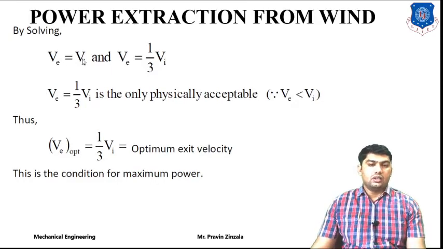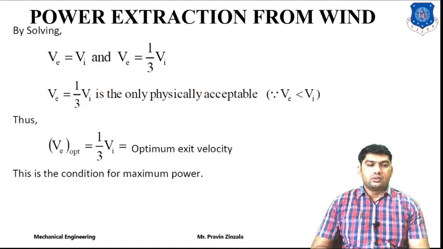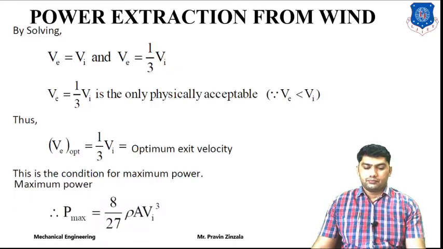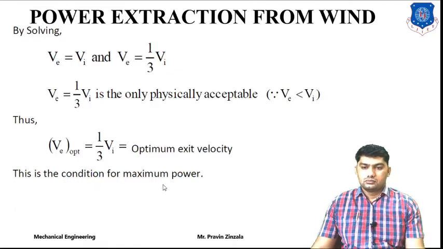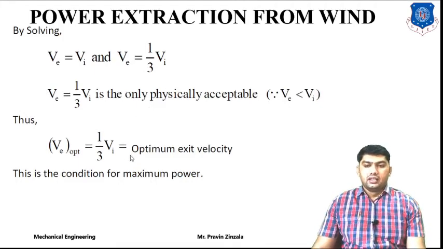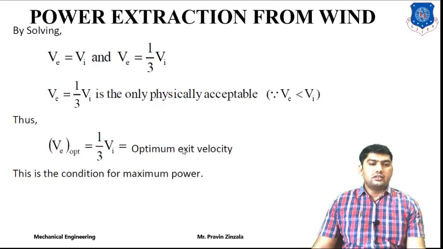Vi. This is not possible because the inlet and outlet velocity would be the same, so we will not get power, because power is equal to the rate of work done, and work done is equal to the change in kinetic energy. For the change in kinetic energy, we also need a difference in velocity. So V is equal to Vi is not possible. So the condition we are considering is axis velocity equal to Vi by 3. It is one third of the inlet velocity, and this is the optimum axis velocity, or we can say it is the condition of maximum